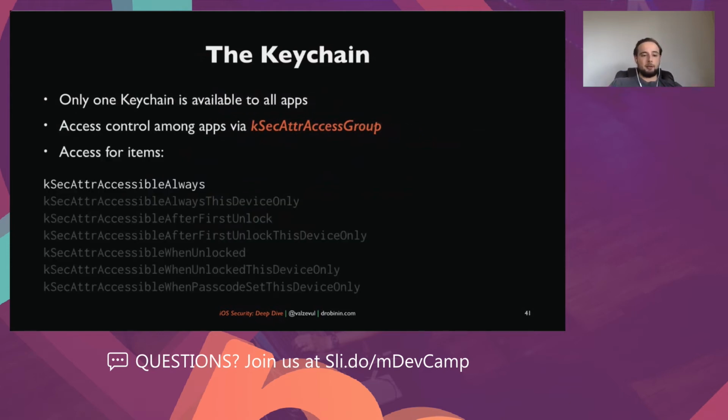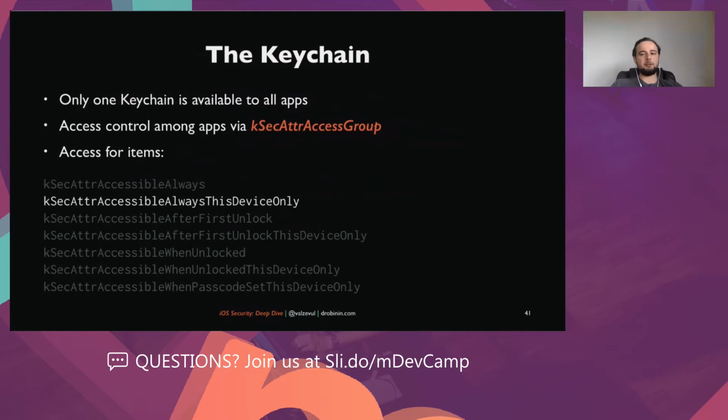And there are numerous keys, as you can guess. The keys are fairly straightforward, as in accessible always means that the file in the keychain is always accessed by the system, whether it's locked or unlocked. The next one, accessible always, this device only, is the same as the first one, always accessible, locked or unlocked, but